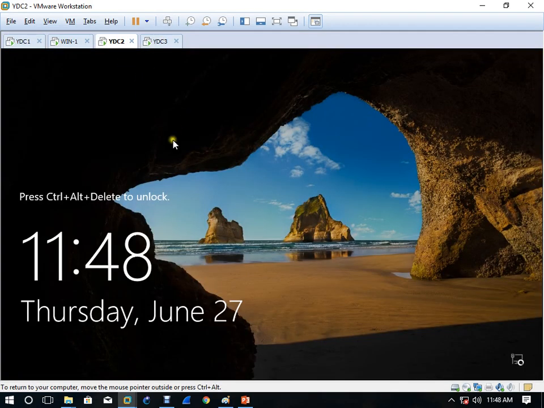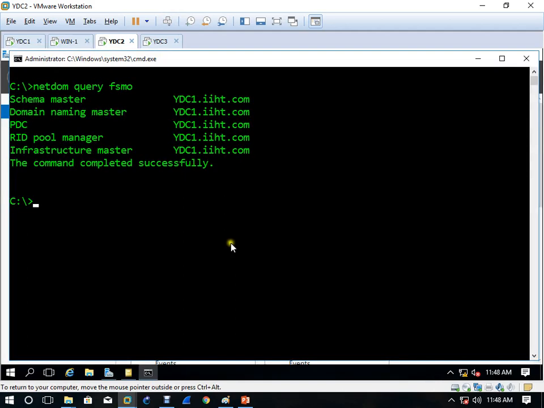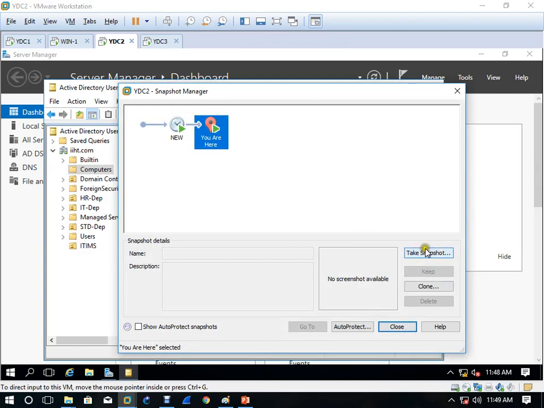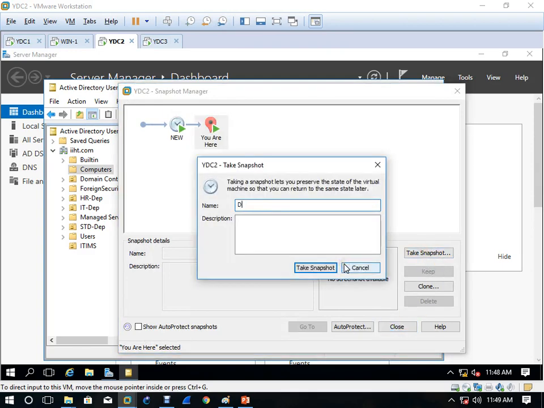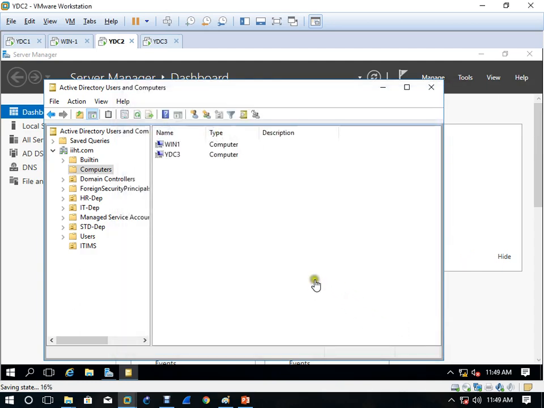Here also, this system is also, take a snapshot, ADC with DC. This one is the ADC. When the snapshot completes, then we'll move on.